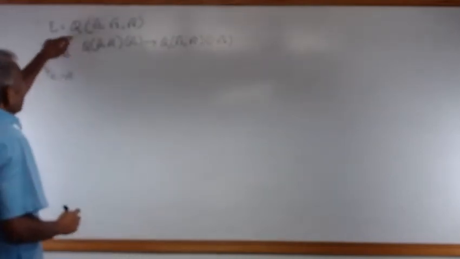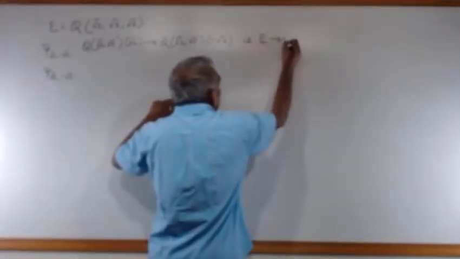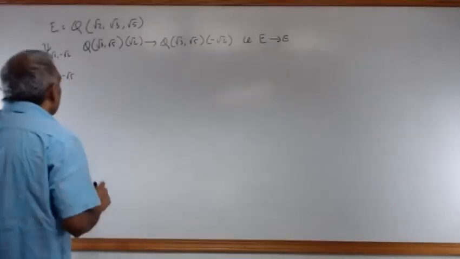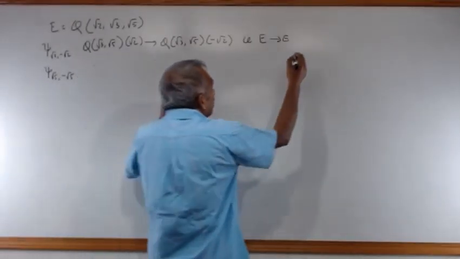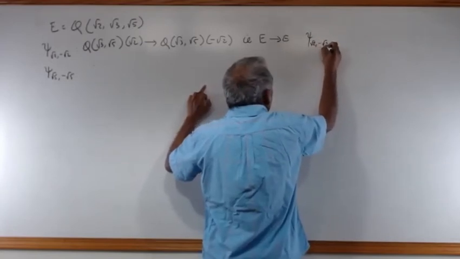Basically both are E's, that is from E to E, and it is defined by psi of root 2 comma minus root 2 of